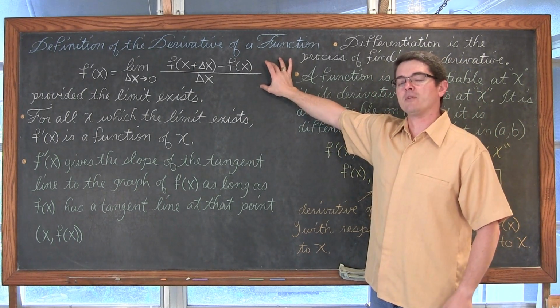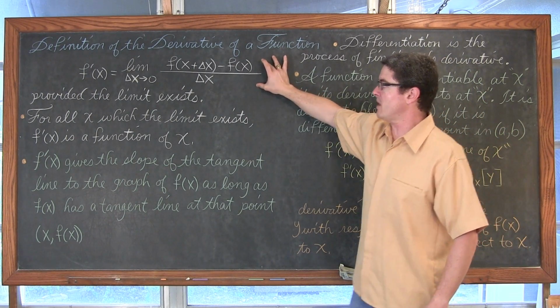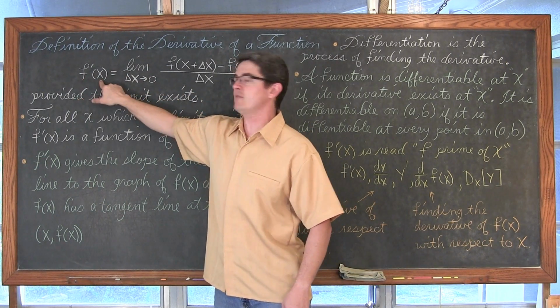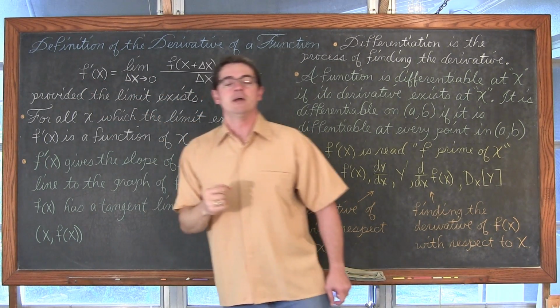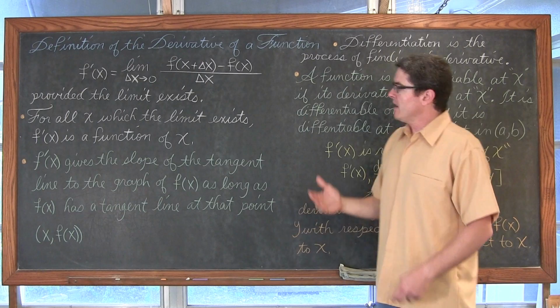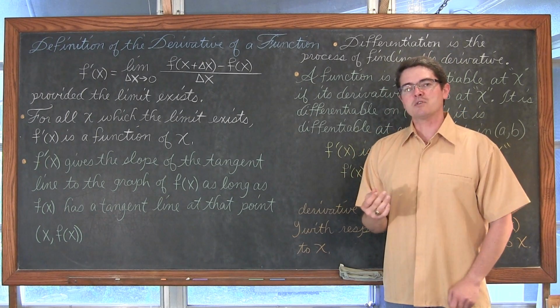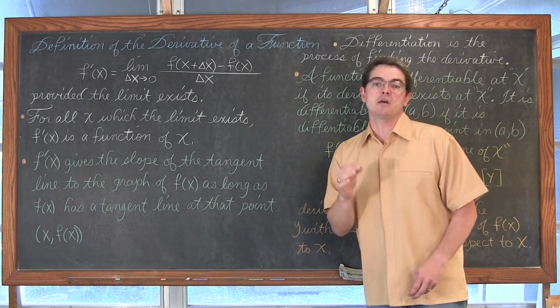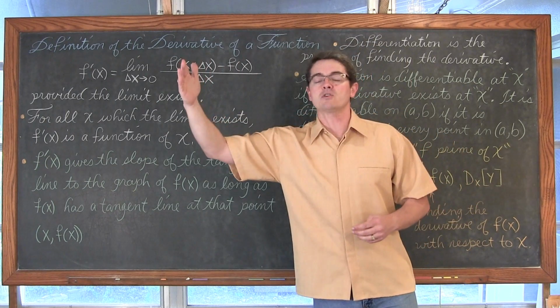This is much more powerful in the sense that when I do this process, I get something called f prime of x, or the derivative of f. It's going to be another function in terms of x, and that function is going to tell us the slope of the original function at any point.